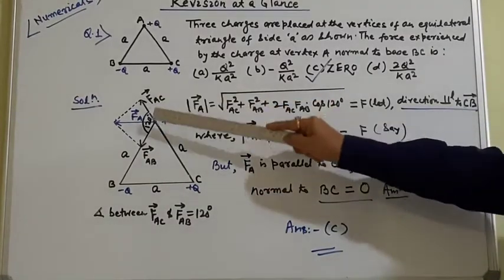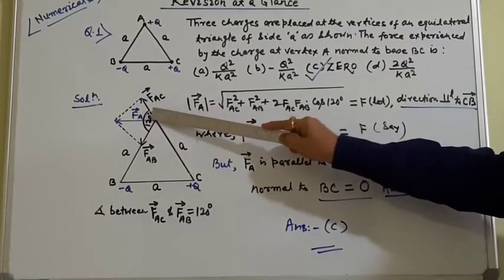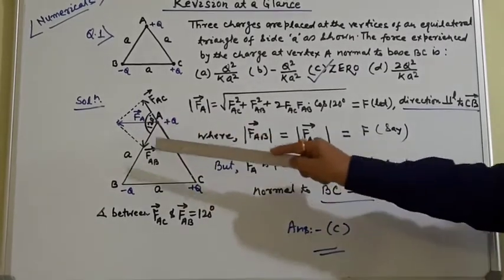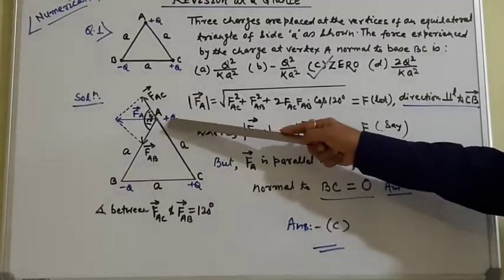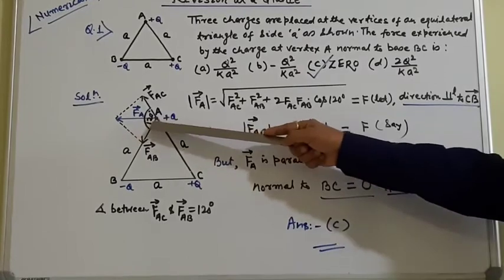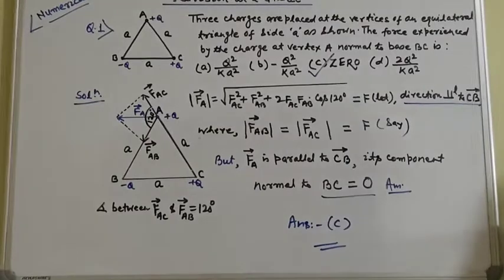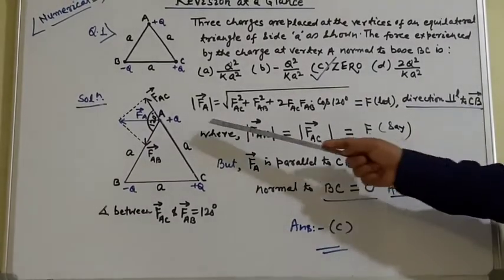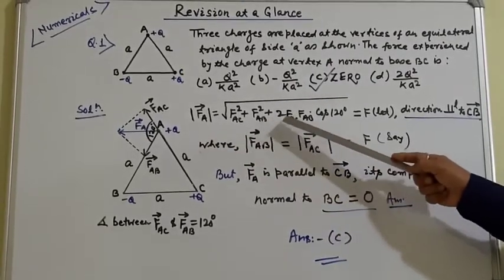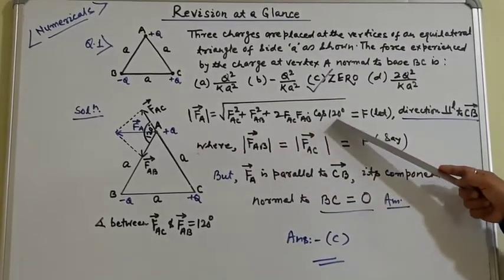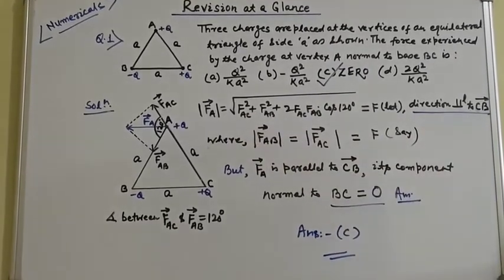Both these forces FAC and FAB are in different directions. They are inclined at some angle. The angle I have marked is 120 degrees because this triangle is an equilateral triangle. So what is the net force of these two? Suppose I take FA as the net force, the resultant force of FAC and FAB. How will this magnitude be calculated? By the parallelogram law. FA magnitude is equal to under root FAC square plus FAB square plus 2 FAC FAB cos 120 degrees. By putting the values of FAC and FAB in this formula, we will get the result.